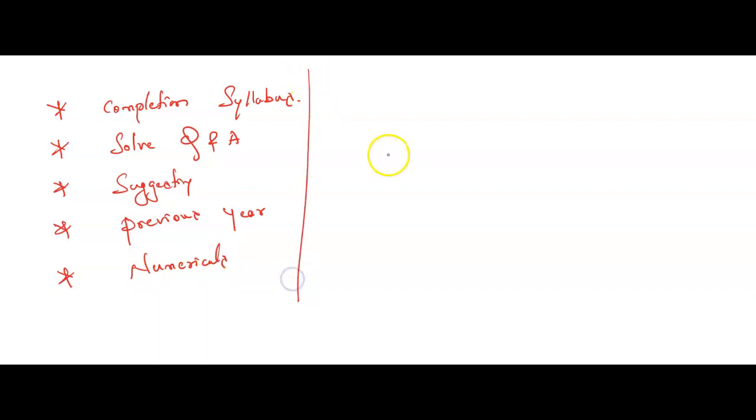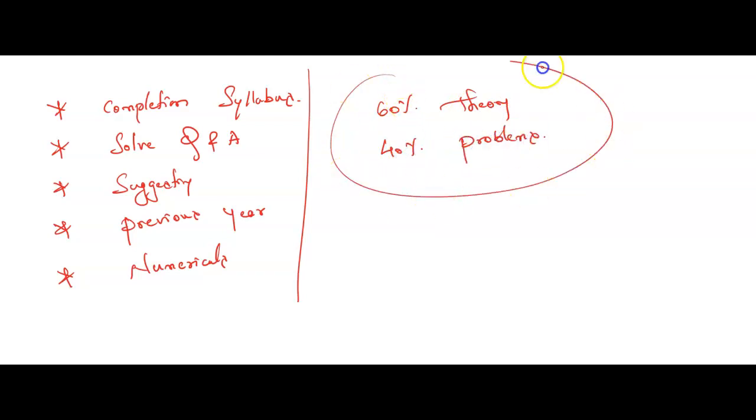I can tell you one more thing. Especially in this chapter, you can expect 60% theory and 40% numericals, that is problems. So this chapter has the maximum weightage to ask questions of numericals, that is nothing but problems. You need to solve the problems. We will show you and explain all the different types of problems which you can expect for your board exam. Understood? I hope you all have understood the concept of what exactly we are going to cover in our videos.